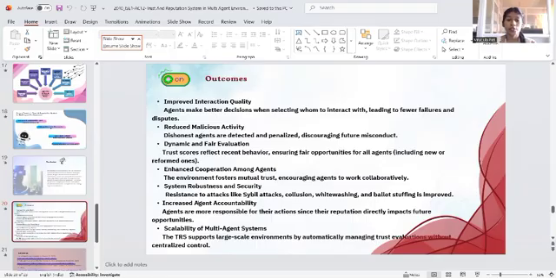Next one is increased agent accountability. In that, agents are more responsible for their actions since their reputation directly impacts future opportunities. And last one is the scalability of a multi-agent system. In that, the TRS supports large-scale environments by autonomously managing trust evaluations without